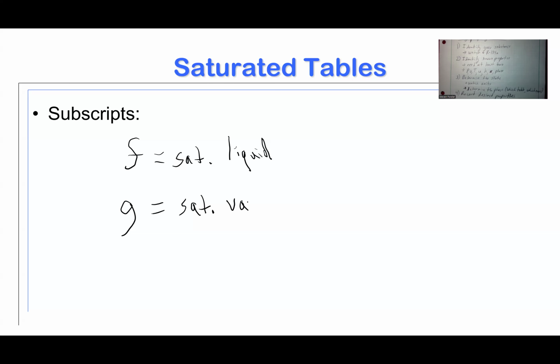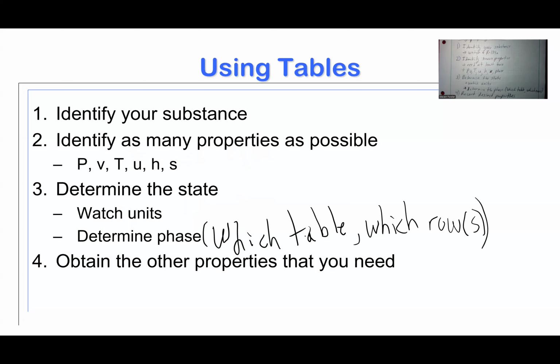I honestly don't know why it's F and G. I think it's from a German translation or set of German words. That's what sticks out in my mind. I've never verified that. And so if we go look at the property tables real quick here,